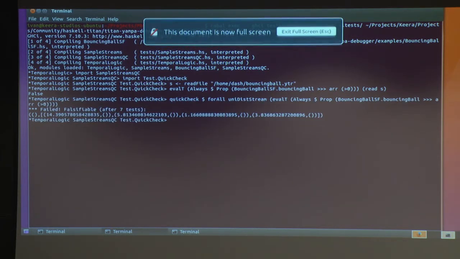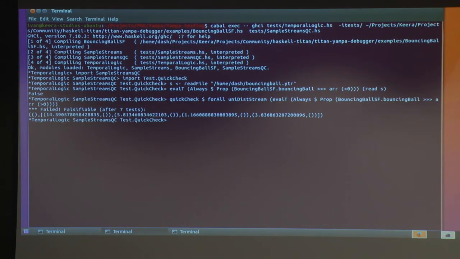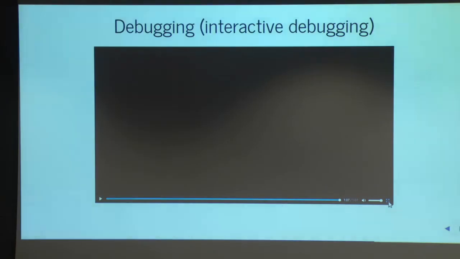Yeah, sorry about that. So you can ask QuickCheck, now give me a simpler trace. And QuickCheck gives you a trace with 4 samples. And this trace is compatible with the interactive debugger. So you can load it back, and you can see it, and you can see the ball in the wall,